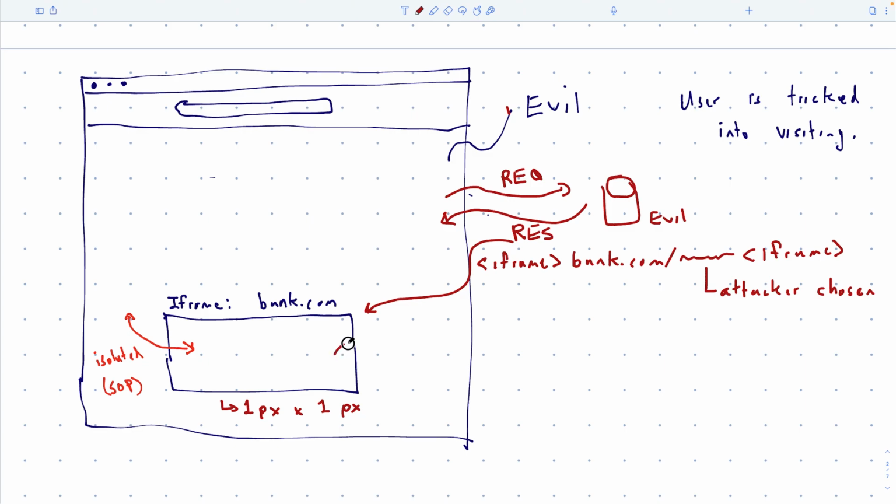Okay, and then what will happen is the user will make a request to the bank for this URL. Okay, so this is what they'll be requesting. Any cookies they have for the bank, so let's say that they're logged into the bank, will go along for the ride.